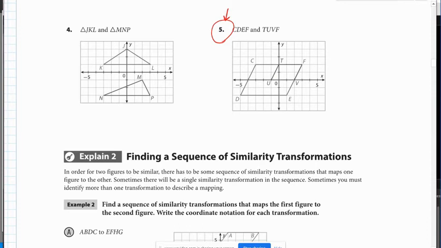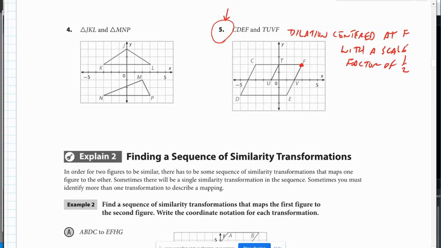And the center of dilation would be right here at point F. That's the point that didn't move. So you'd say a dilation centered at F with a scale factor of 1/2. Another way to do it would be to start with the big one and